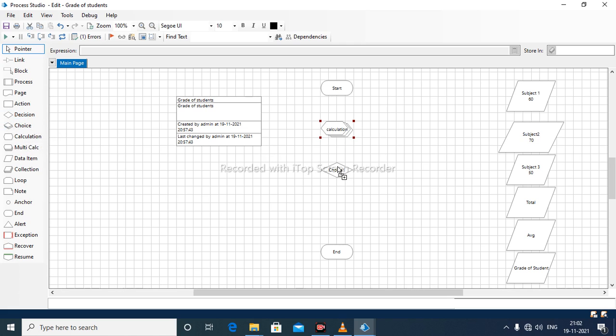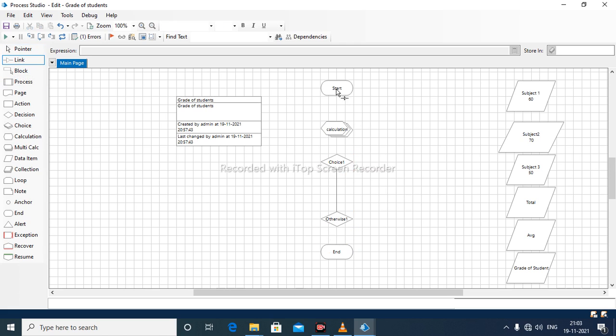Whenever you select the choice stage, by default there will be these two boxes, choice one and otherwise. Okay, so to evaluate more than two choices, instead of decision we will use the choice stage. It always comes with this pair. Okay.